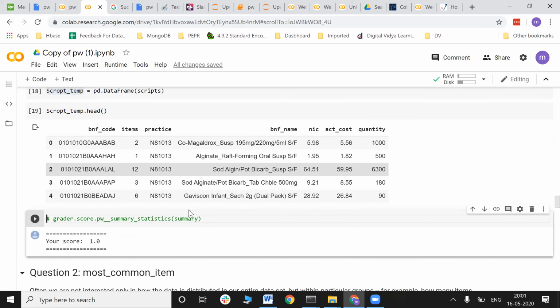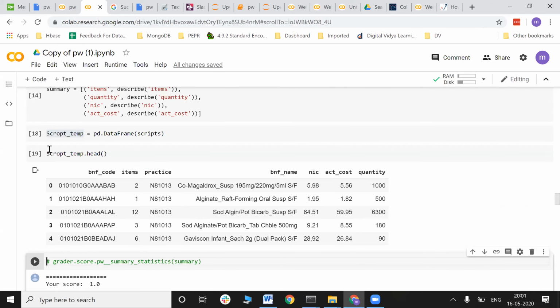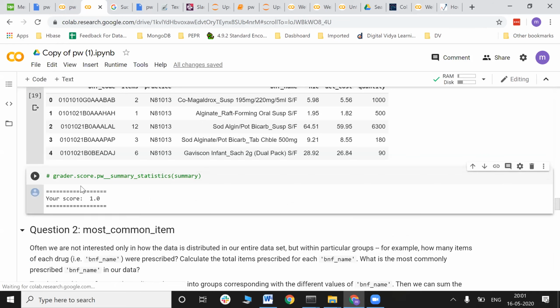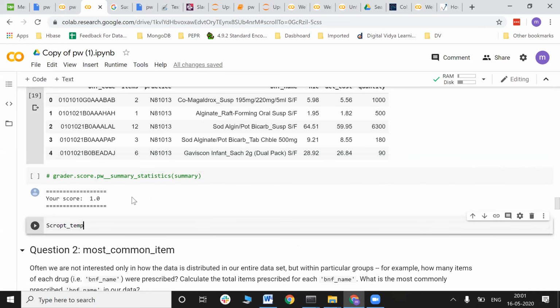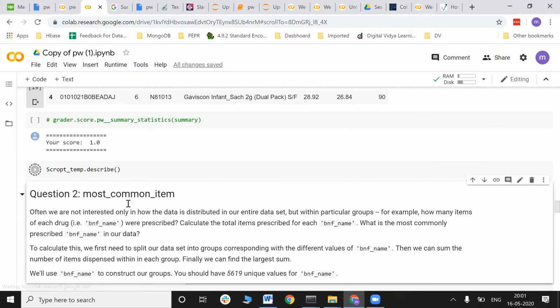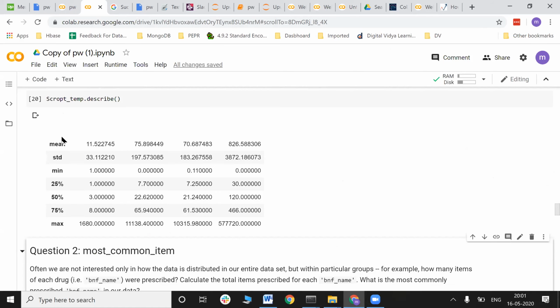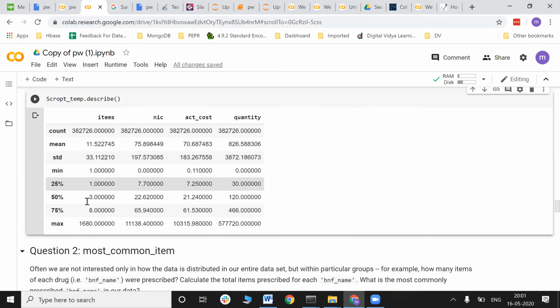So this is giving me the first 5 rows of the data. Perfect. Now, if you want to have the, just put describe and get the output. So this is what it is: count, mean, standard deviation.